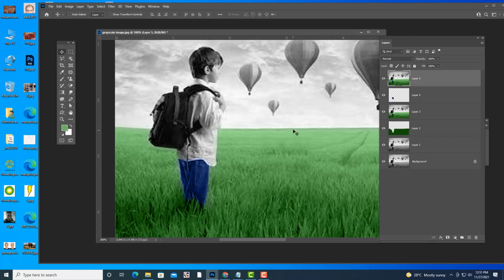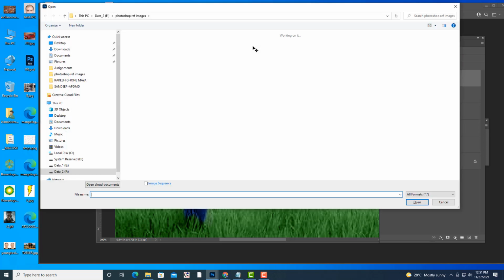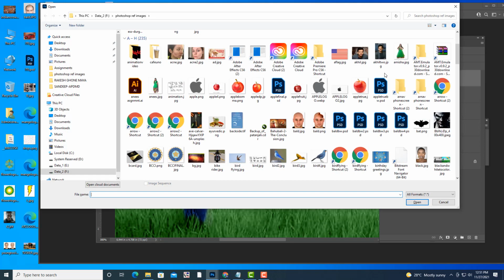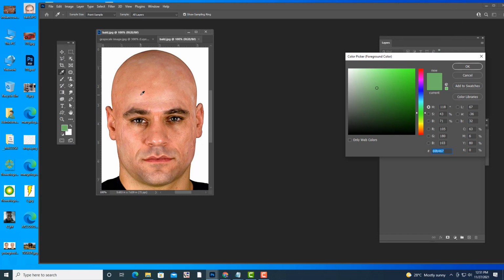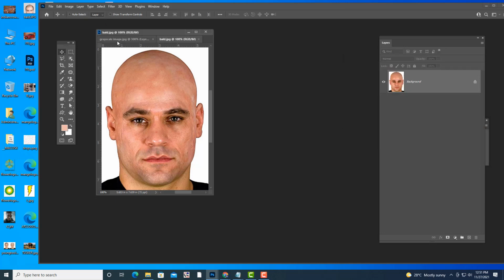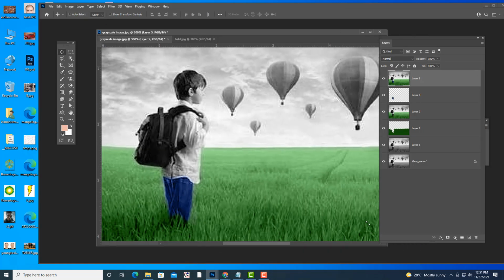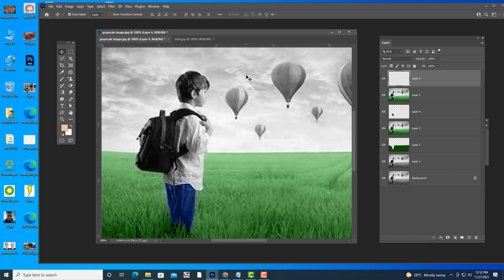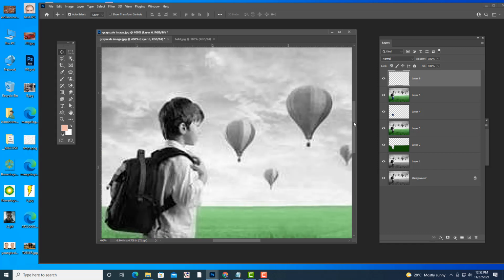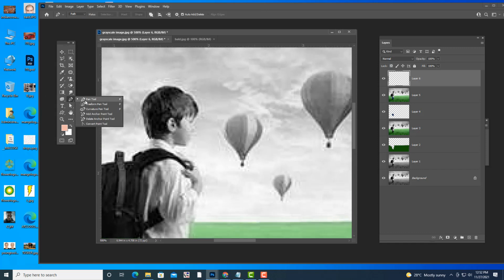Okay, so then see, for skin we'll start with the skin color. For skin, what you have to do is, we'll select any person and pick his color. Actually we'll pick the brightest color here, the brightest spot. Okay, flesh color. And then come back here. Now what you have to do, take a new layer, select the pen tool.